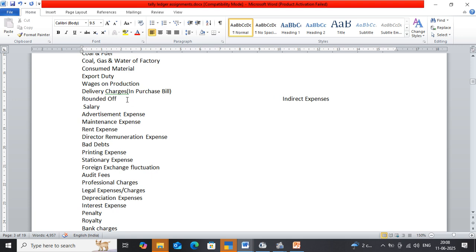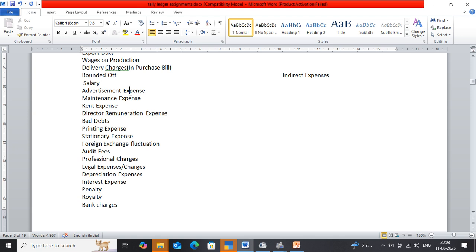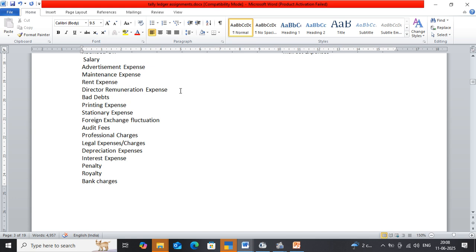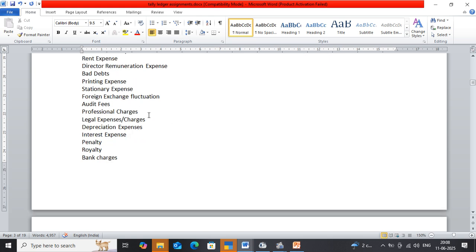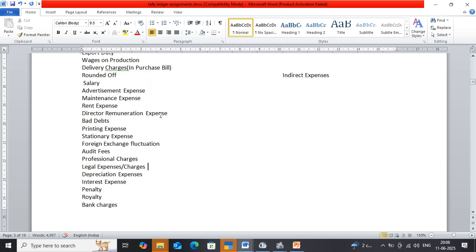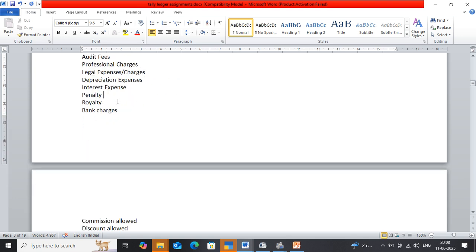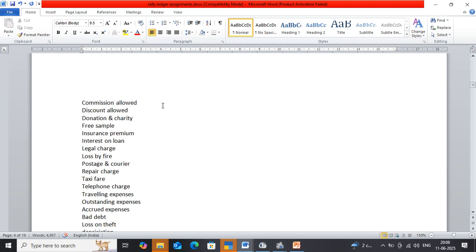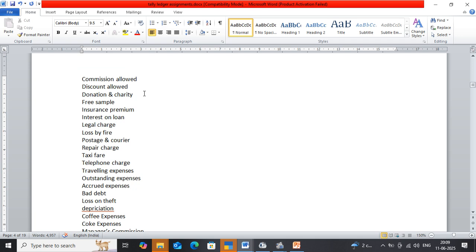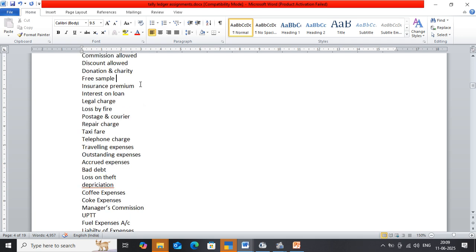Then comes the indirect expenses: salary, advertisement expense, maintenance expense, rent expense, director remuneration expense, bad debts, printing expense, stationery expense, foreign exchange fluctuation, audit fees, professional charges, legal charges, depreciation expense, interest expense, penalty, royalty, bank charges, commission allowed, discount allowed, donation and charity, free sample, insurance premium, interest on loan, legal charge, loss by fire, postage